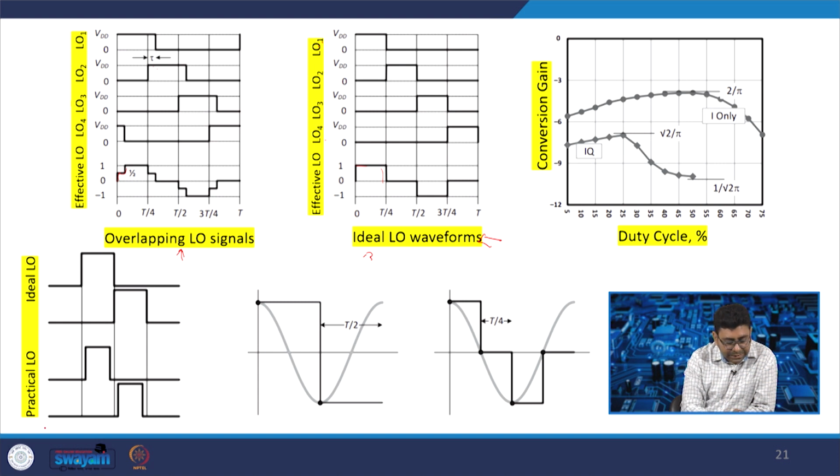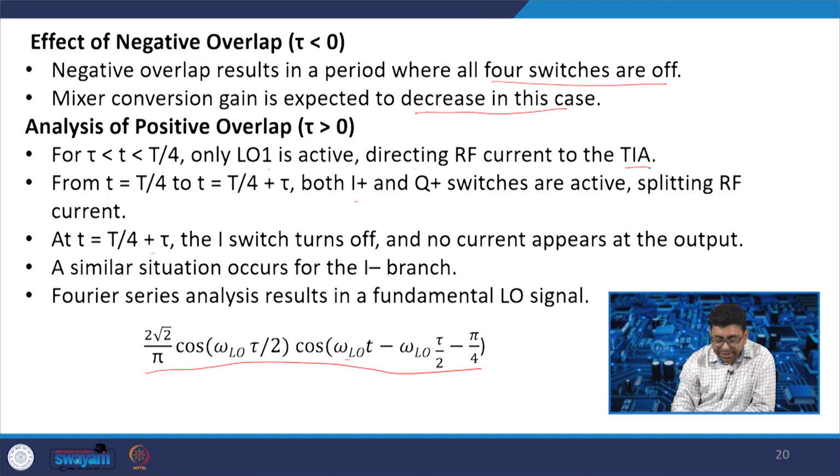Here this is a practical LO signal and this is an ideal LO signal. When we consider the LO signal, we try to make a non-overlapping cycle, and if we try to plot the conversion gain